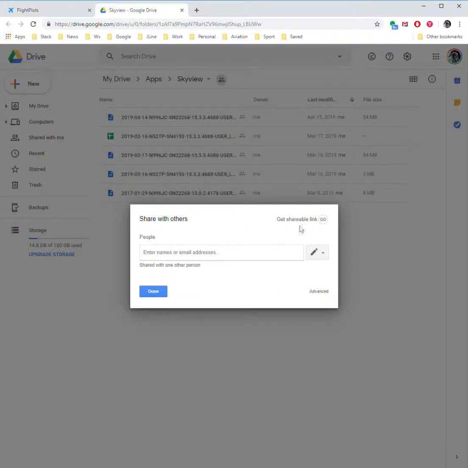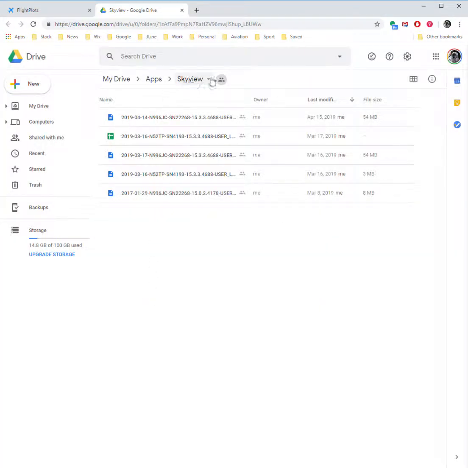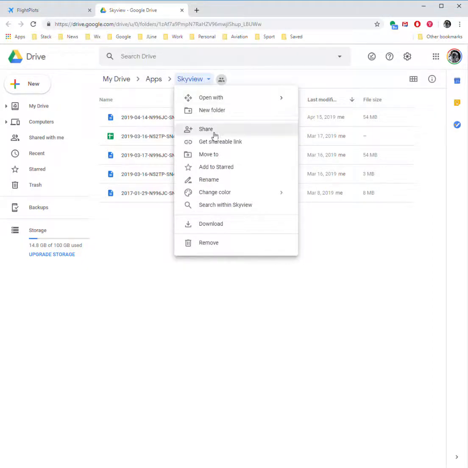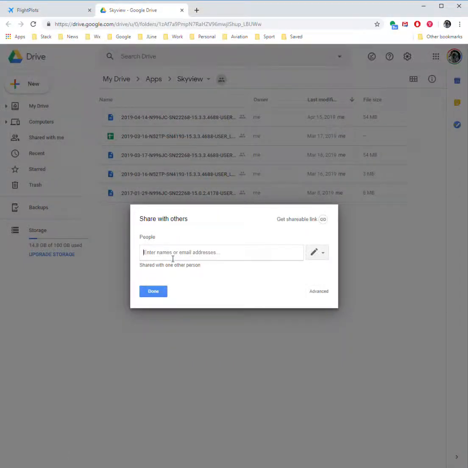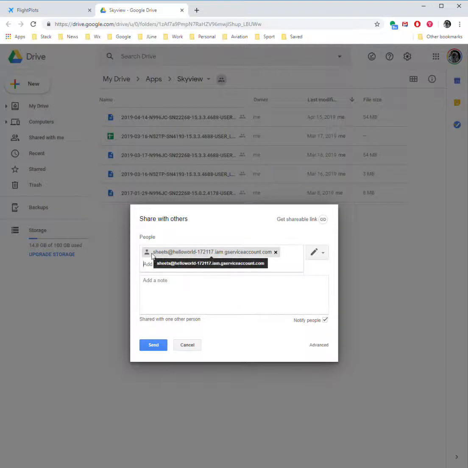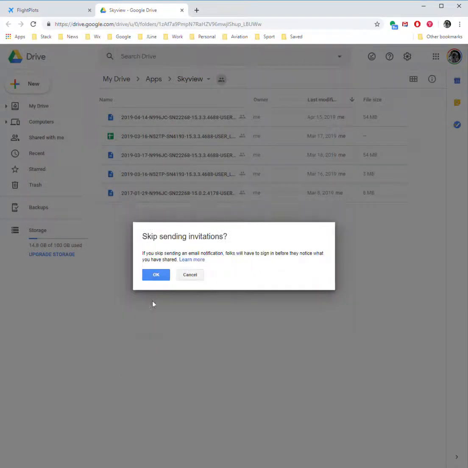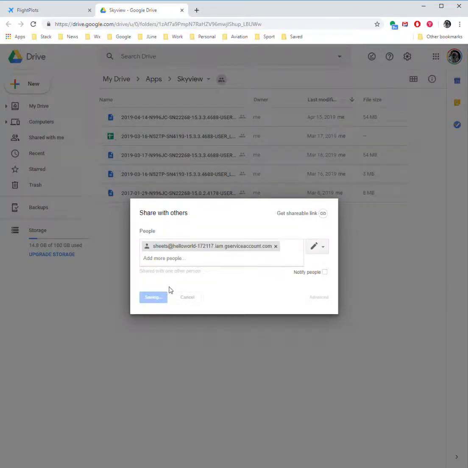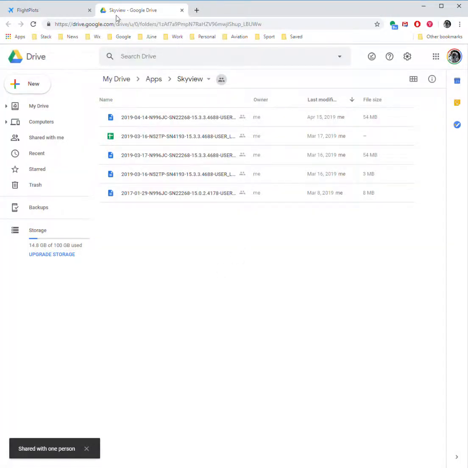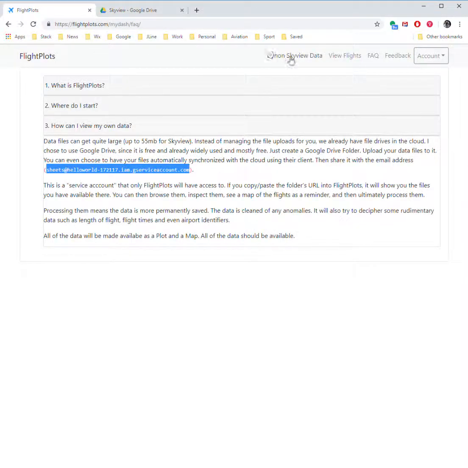into, let me do this again. So select the folder up here, click share. Share with who? I am going to copy that email address from the FAQ. This is important, I believe, as well. You have to uncheck the notified people one. Once you do that, you select OK, OK, and everything's set. Now copy the address to your shared folder, go back to FlightPlots,